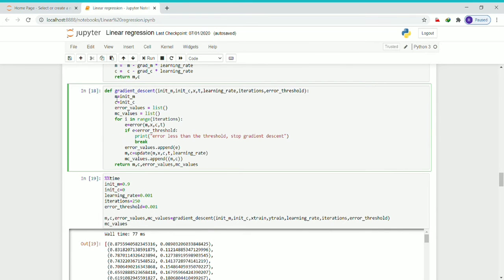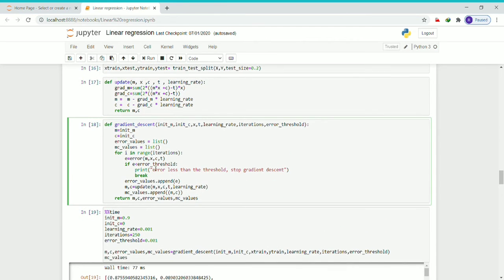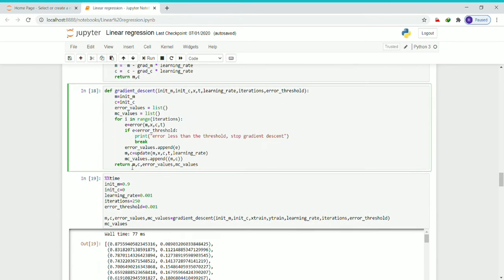m is equal to the initial value of m, c is equal to the initial value of c, and error values and mc values are two lists. Now we will call the error function here, and it will provide the error based on these values. If the error is less than the error threshold, then this will stop the gradient descent function.